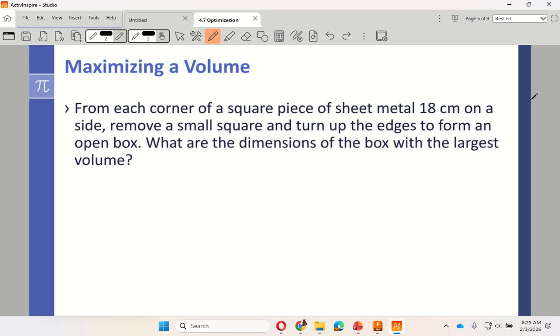All right, so from each corner of a square piece of sheet of metal, 18 centimeters on a side, remove a small square, turn up the edges to form an open box. What will the dimensions of the box be with the largest volume? Now, this is important. So there are so many of these problems